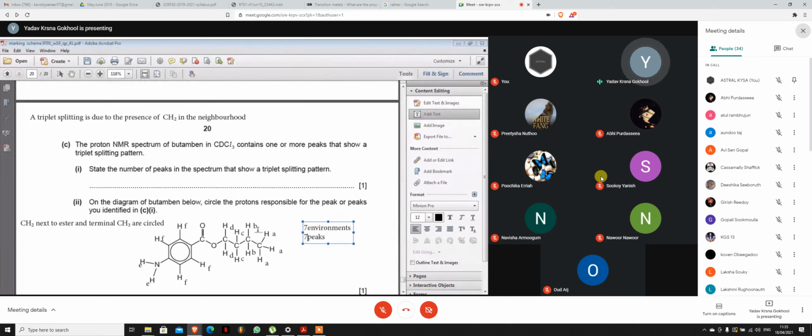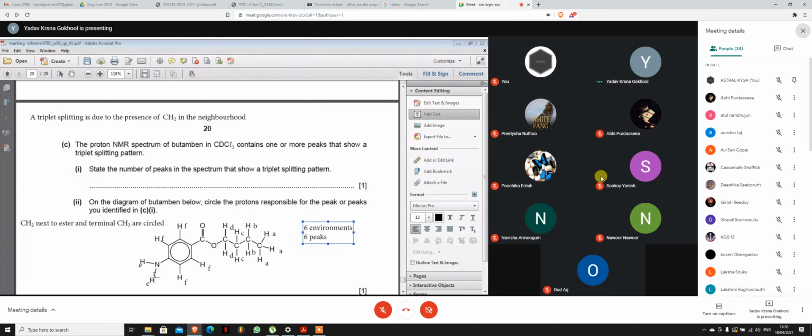Okay, so 1, 2, 3, 4, 5. I hope this is okay. Oh, no. It was good. For the benzene, they are going to take it as one in whole. In fact, by theory, there are lots of environments, but when you look at your benzene ring, it is considered to be as one environment only. So 1, 2, 3, 4. All the hydrogens in the benzene will be the 5th one, and then the hydrogens on the NH2 will be